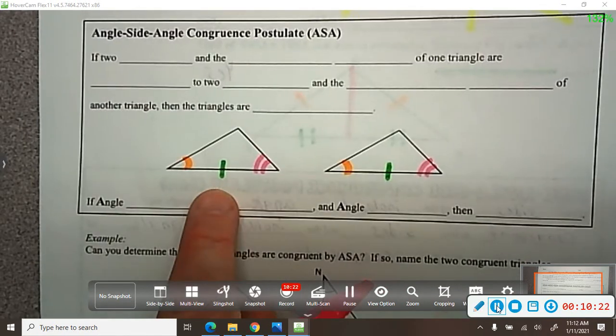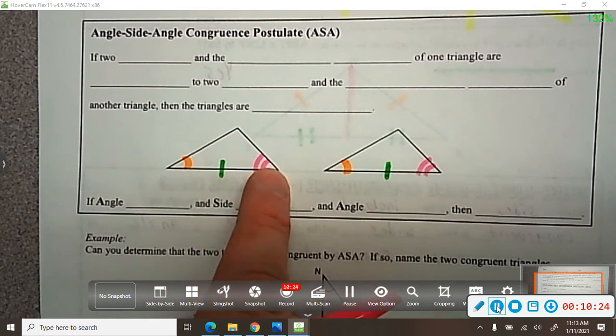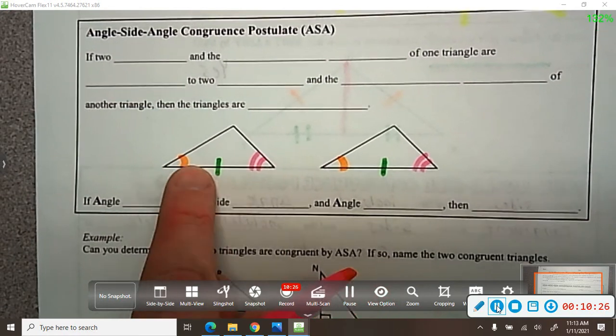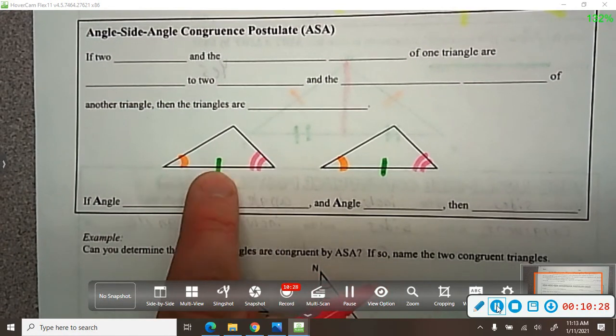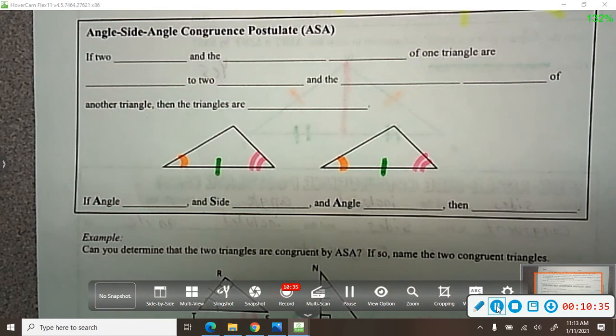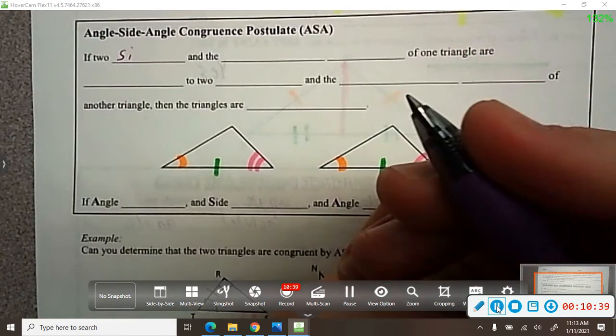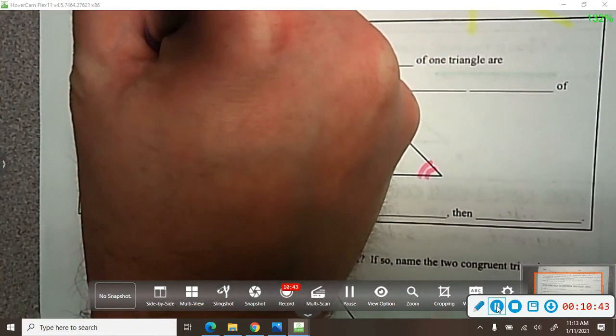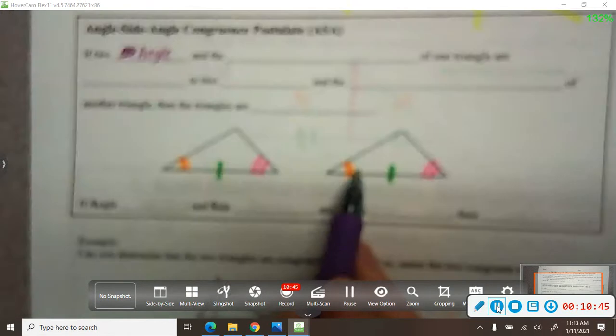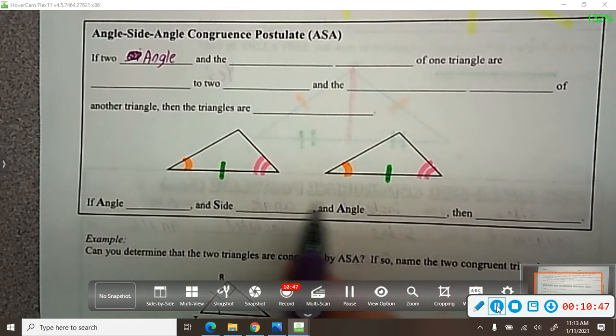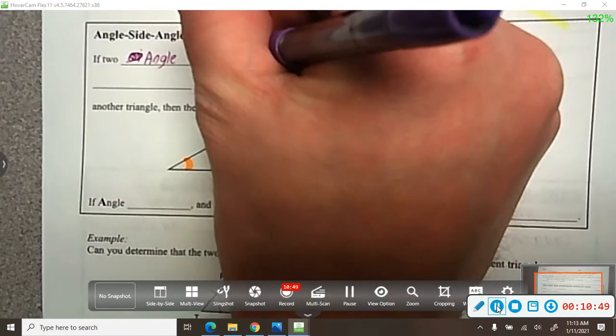Now notice in this one the side has to be included in between the two angles. So if you have the two angles that are congruent and the side in between those two angles, then you can use what's called ASA. So if two angles, angle, angle, and the included side